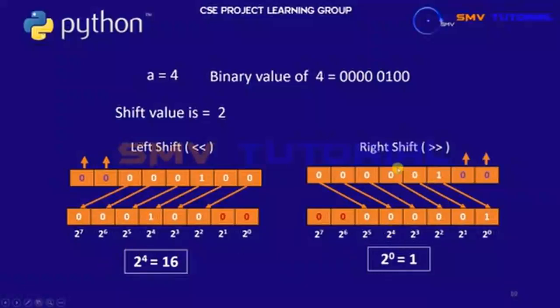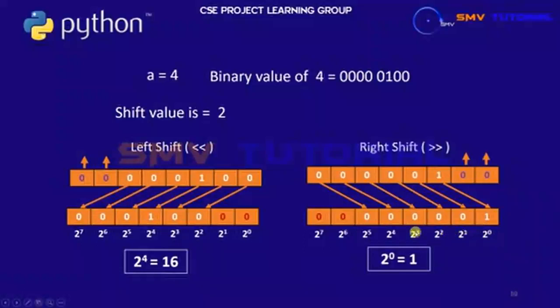And next is right shift. In this right shift, the right values are negligible, and the remaining values come to this table, but the table is empty, so 0 0 and next 0 0, this 0 comes from this table and all 6 values come from this table.